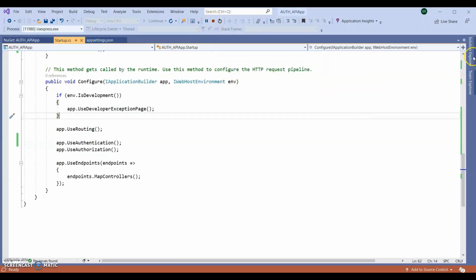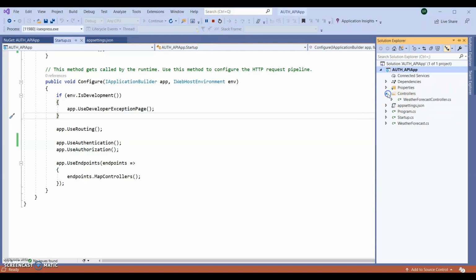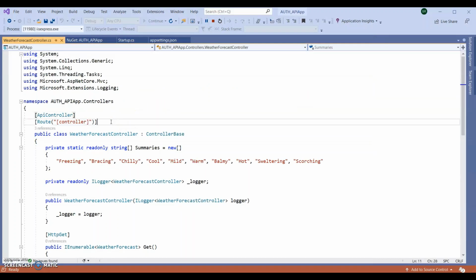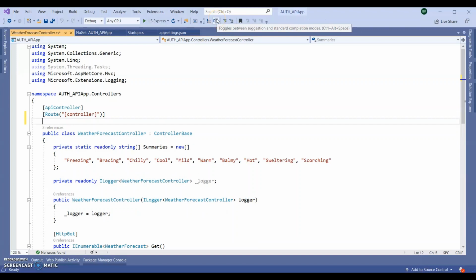Stop the application. First find this particular controller. Okay, here I'm just adding Authorize. So this controller will be authorized.